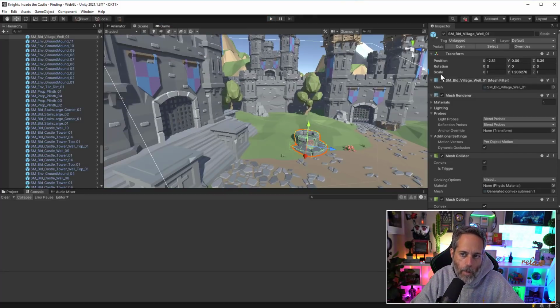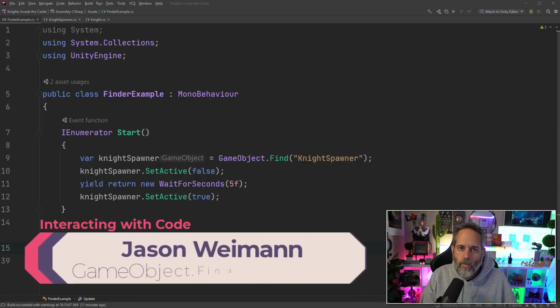And if I stop playing, that tag gets unassigned. So you've got to make sure that if you're assigning tags that you want to keep on, you do that when you're not playing. Now I want to talk about one of the most commonly used ways to find game objects